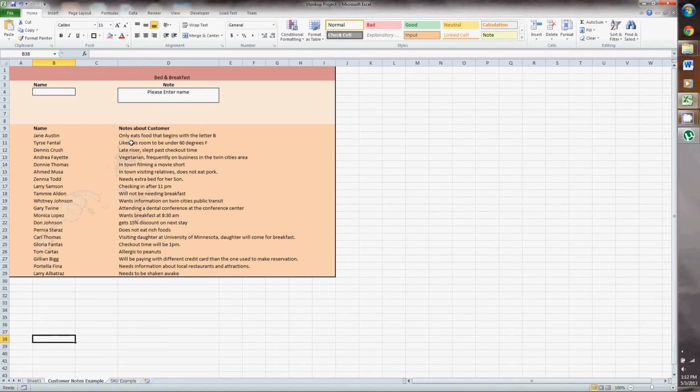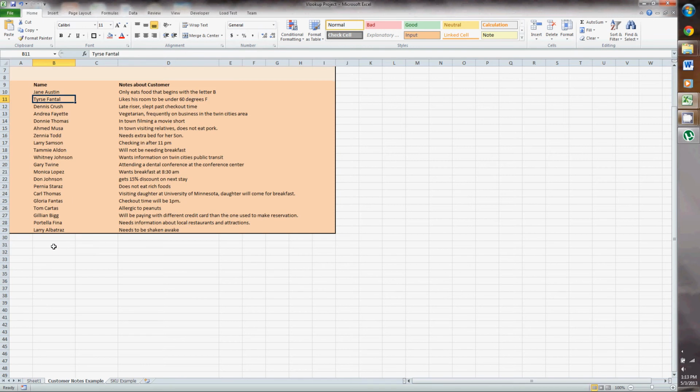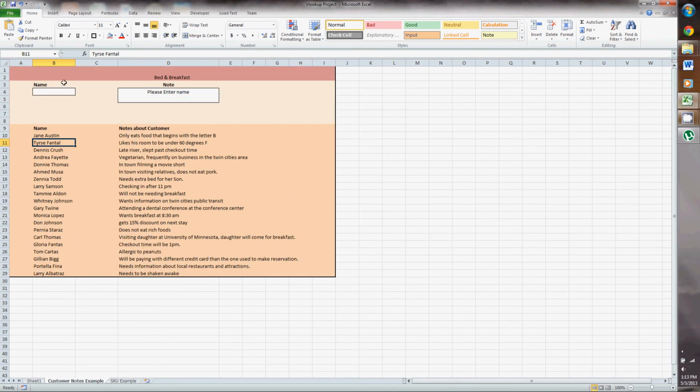So here we've got a bed and breakfast, and they use Excel to keep track of the names of their customers and then maybe some information that they need to know about that customer. You can see there's not too many entries here, but let's say we've got 200, 300, 400 entries. It's not going to be easy just to scroll down and look up that name. It's going to be much easier to just enter the name and get the note,